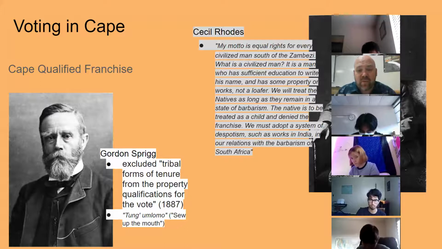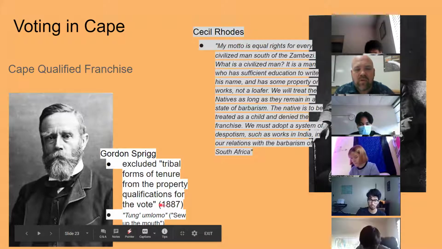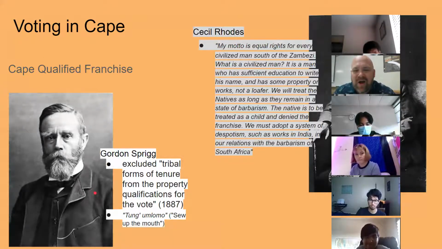The Xhosa resist this. They call it tung'umlomo, which is "sew up the mouth," like you're trying to take away their voice by sewing their mouth shut, right? So actually, a lot of the more liberals, more progressives, and the Xhosa leaders, they actually go into Xhosa